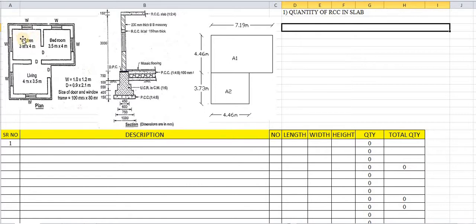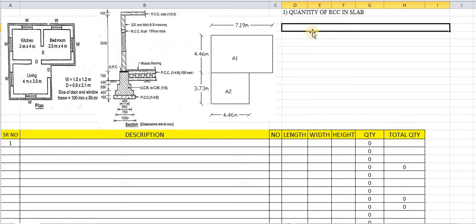Here the length of this kitchen has been taken as 3 meters, whereas the bedroom has been taken as 3.5. So how to find out the complete length for laying down the slab in case of area 1, A1? 3 meters is the length from inner to inner dimensions, whereas the bedroom length is 3.5. So 3 meters plus 3.5 is the total length. But while laying down the slabs, there are 3 wall thicknesses to be added: 0.23, 0.23 and 0.23. This is nothing but the wall thickness. That means from this end to this end we have to lay down the slab.